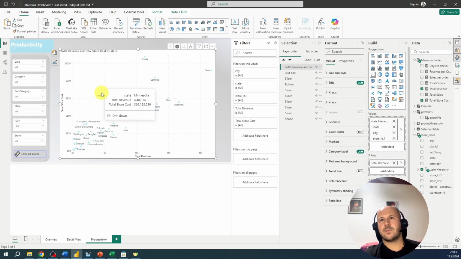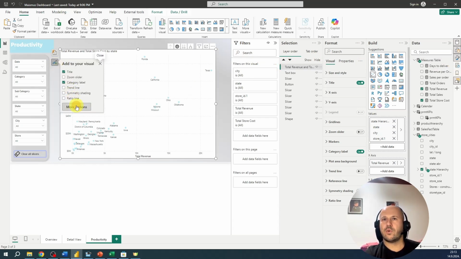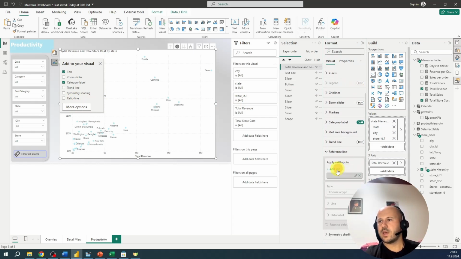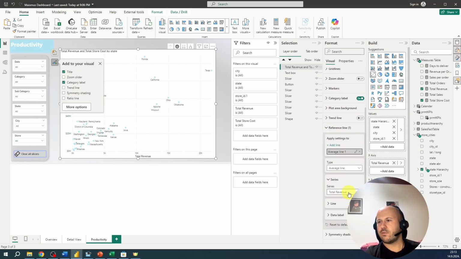Now let's add lines that will show us the average for total revenue and for total store costs, and then we will be able to see which stores have revenue above average and which stores have cost above average cost. So let's go to format, more options, and go to reference line, add line. Line 1 will be the average line for total revenue, and